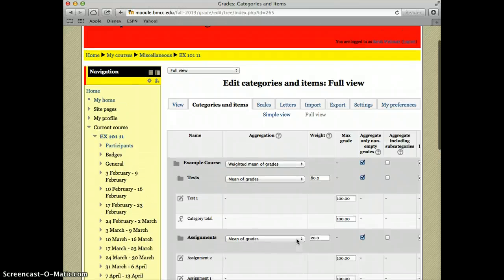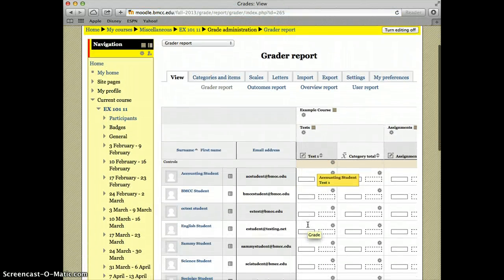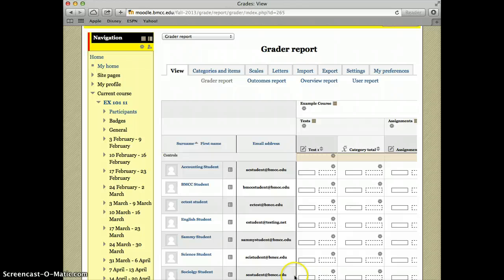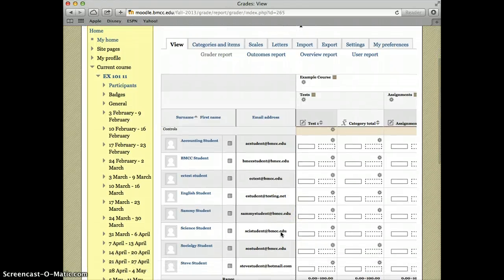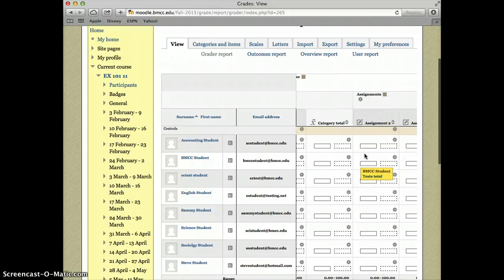And so now, so you can see how this works and what it means for the students' grades, we'll click over to View and give BMCC student some grades, just so you can see how those add up here. So say 0 on his test, but 100 on both assignments, oops,